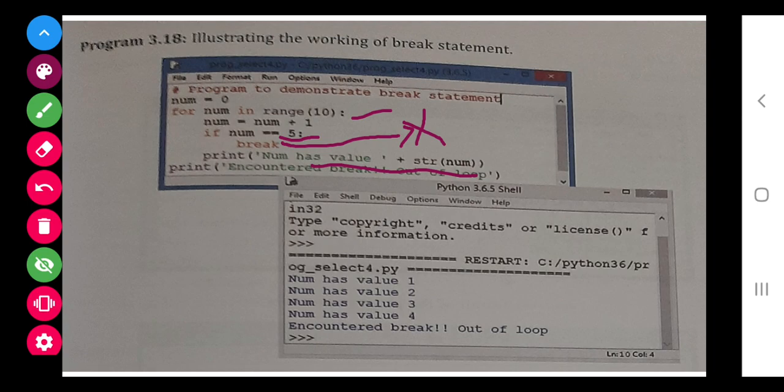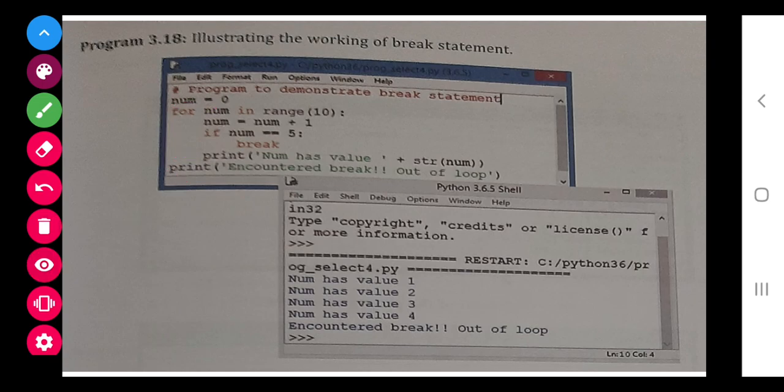Similarly 3, 4, 5. When 5 comes, this statement is true, so it will break and it will directly take you to the last statement, that is outside of this for loop. This for loop is running from here to here only, and we want to come out of the loop. So this break statement executes and we will be out of the loop.